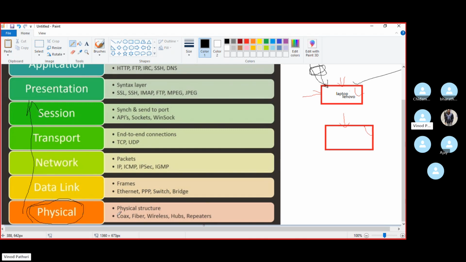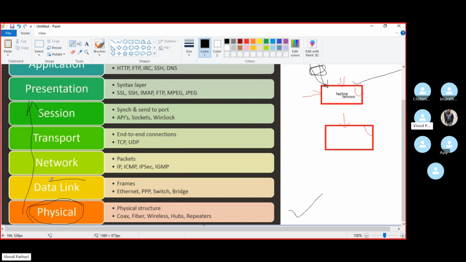Physical connectivity should be there, right? Like how you are communicating, that is what matters here. So first, whenever you do anything, it should enter into your card: NIC card or wireless or hub or repeater or your cable. So that is the physical one. First, you should have the connectivity. Like right now, we are connecting through the wireless network. That is also a physical connection because it is happening between multiple devices. So that is the physical part.